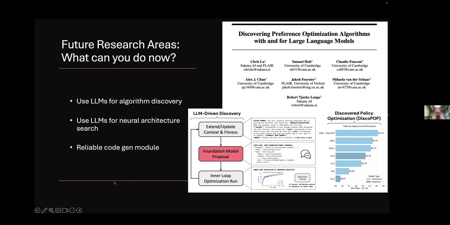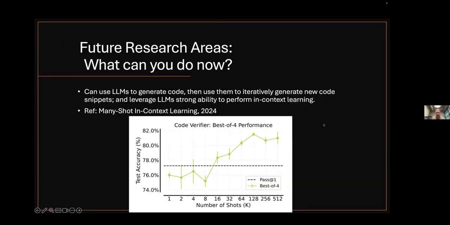So yeah, I think LLMs for code generation is a very exciting use and tool, as we can see now. To give a bit more flavor of what you can do now, you can use LLMs to generate code and then have them iteratively generate new code snippets and leverage LLMs' strong ability to perform in-context learning. There's a paper from this year on many-shot in-context learning, which shows that just by increasing the number of code samples, say, let's think of a trivial example, create a sorting algorithm that's linear complexity to reverse sort or something like that,